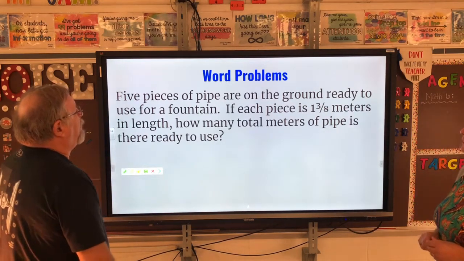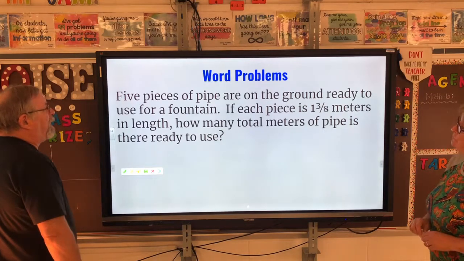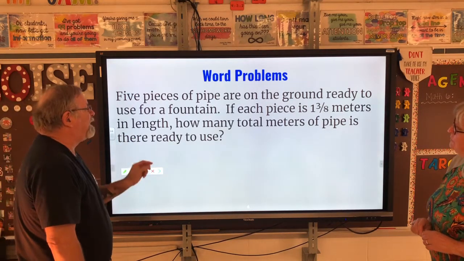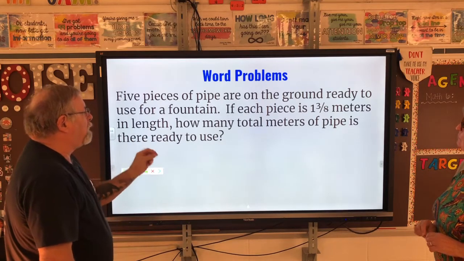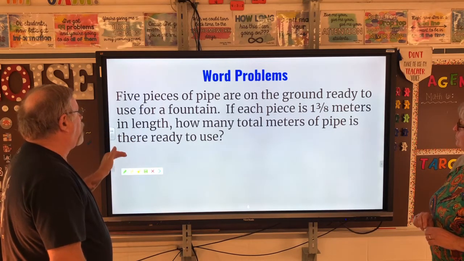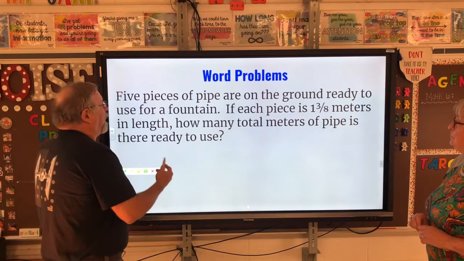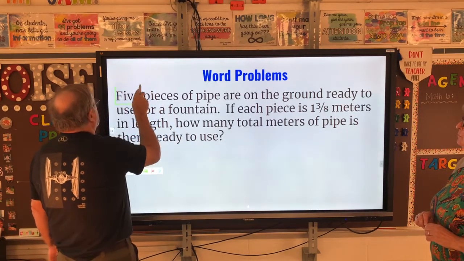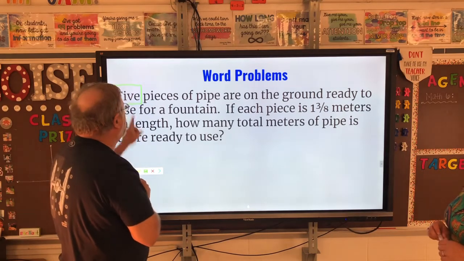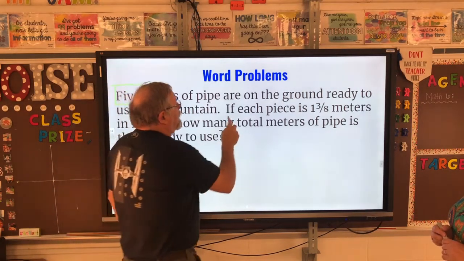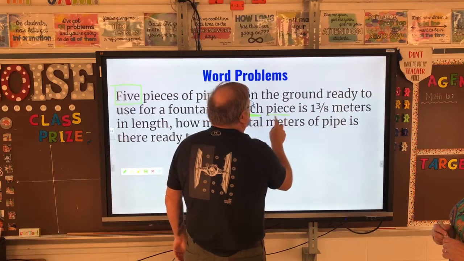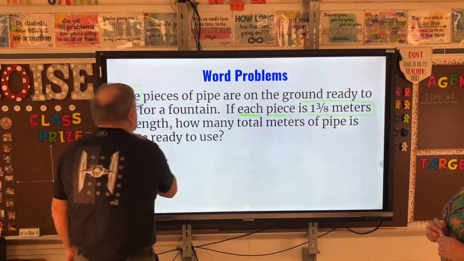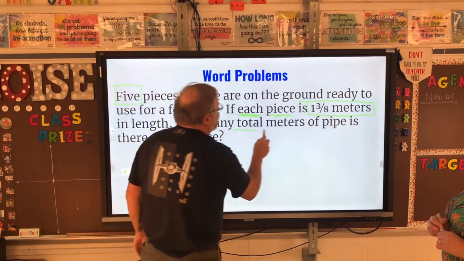So 5 pieces of pipe are on the ground ready to use for a fountain. If each piece is 1 3/8 meters in length, how many total meters of pipe are there ready to use? So again, what are we looking at? We have 5 pieces of pipe. Each piece is 1 3/8 meters. And it wants to know how many total meters